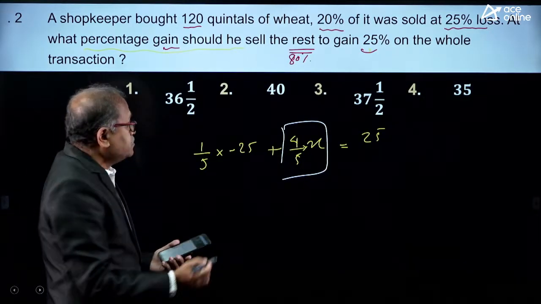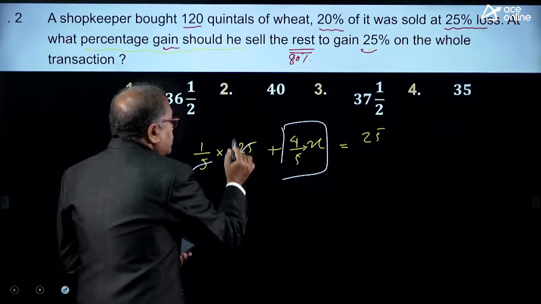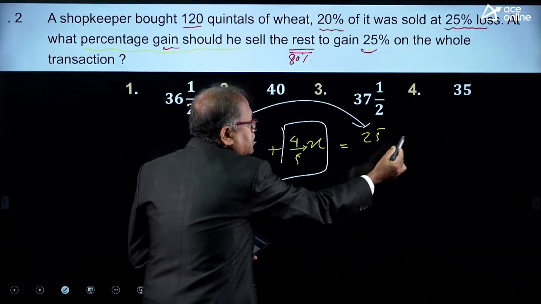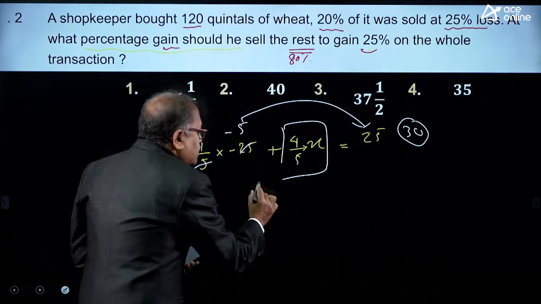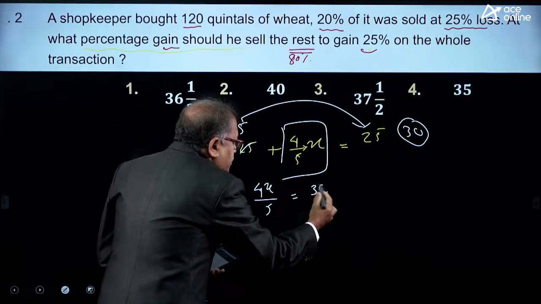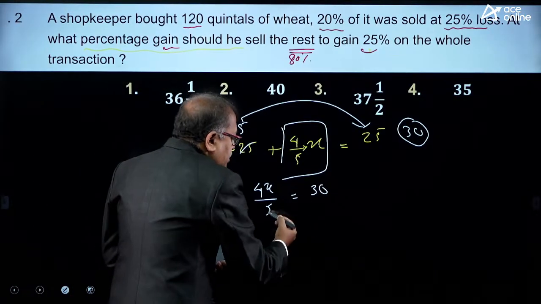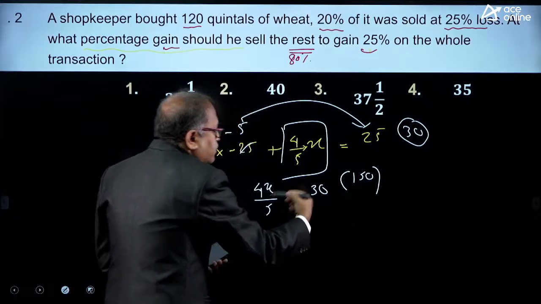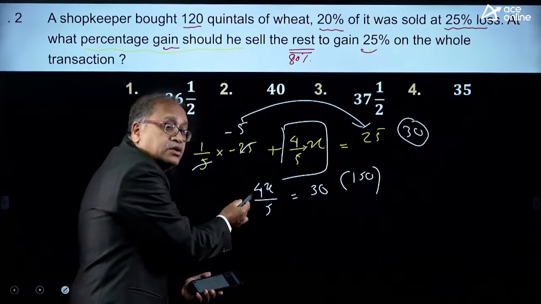Come on. So, let me conclude. So, here it is minus 5. When I take the minus 5, on the other side it becomes plus 5, which will be 30. So, I am getting 4x by 5 equal to 30. Then what is X? X is equal to, I notice that the 5 will come over here, that will become 150, and divide 150 by 5, or in other words, it is